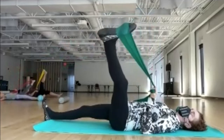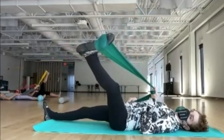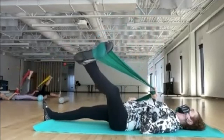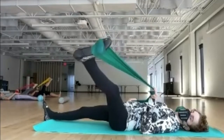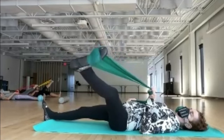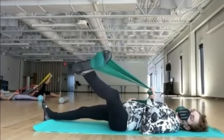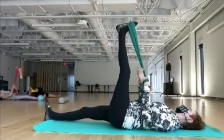Open the leg out to the left, the right hip is heavy. Try not to tip the right glute off the ground. And then we rock the leg a little bit towards your shoulder and away. The leg kind of thinking about being parallel to the floor. And then we'll exhale, take the leg up, use the upper inner thigh, pull the leg to the ceiling, switch hands,